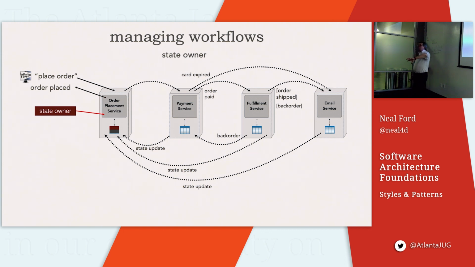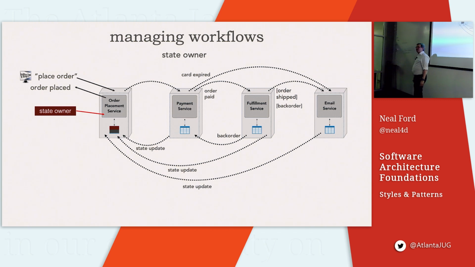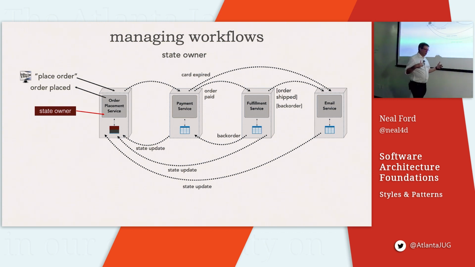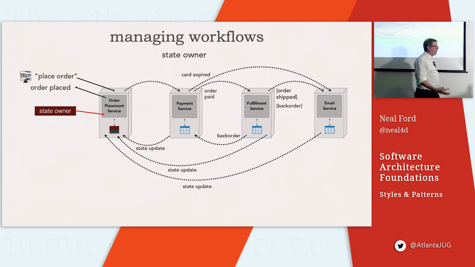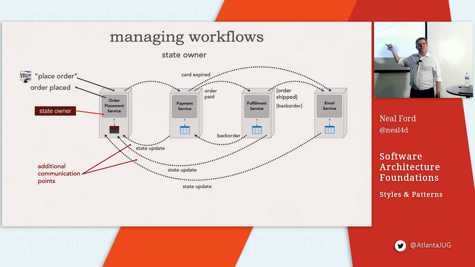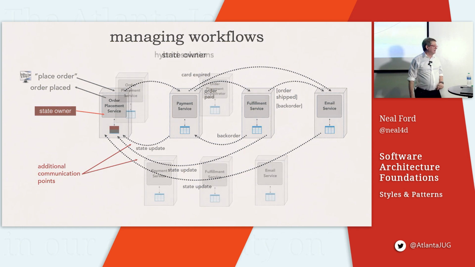Nothing I can do from an implementation standpoint will make semantic coupling less, but it might make it worse. In other words, you can't choose an architecture and make a complicated problem simpler. You've got to deal with the semantics of that problem. And then the question becomes, well, how do you deal with the semantics of that problem? And in choreography, of course, if you have really simple problems, it's easy. But notice, all the communication points we had in orchestration came back one at a time here. But all these things are a lot more complicated because they have to understand the state of what's going